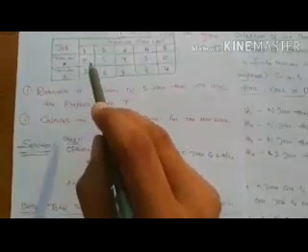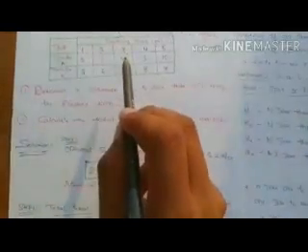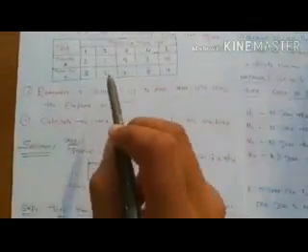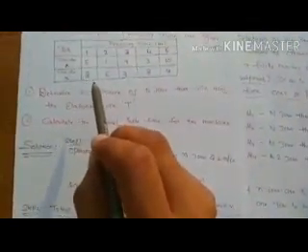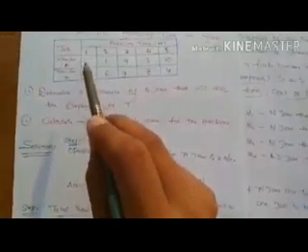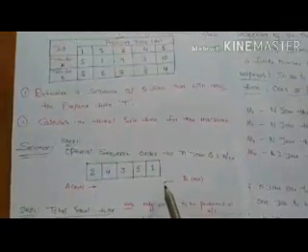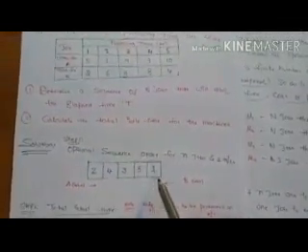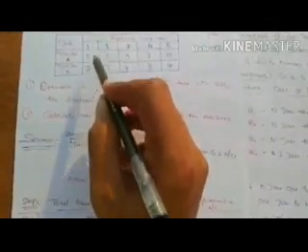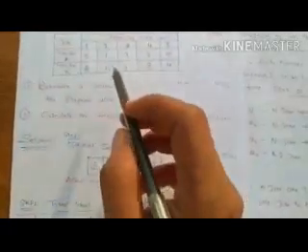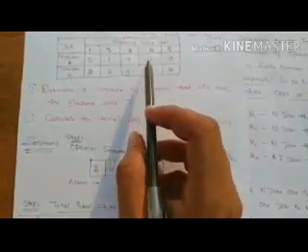Next, what are the remaining jobs here? 1, 3, 4, 5. Out of which for machine B, which one is the minimum? The first job is the minimum. So with respect to B, the first job is minimum. Again we have to cancel. Okay, out of this we have 3, 4, 5 as the remaining jobs.